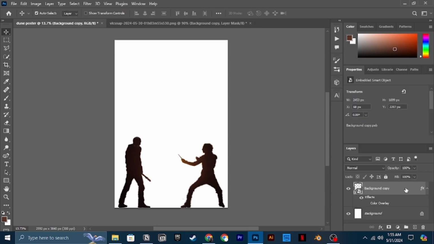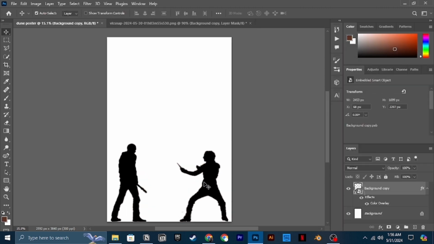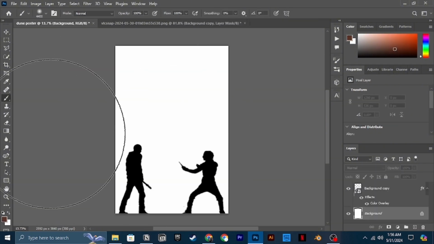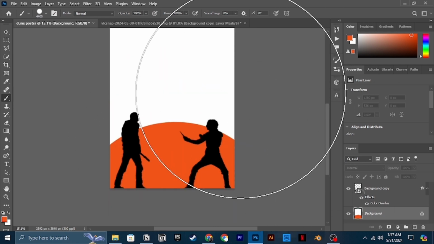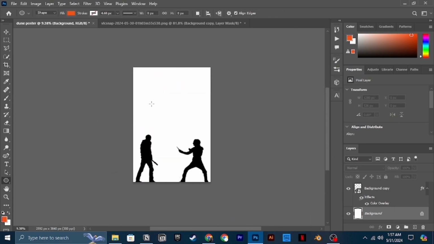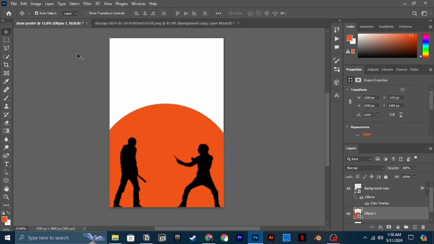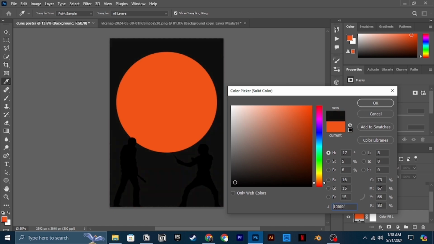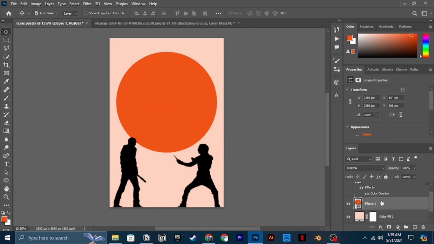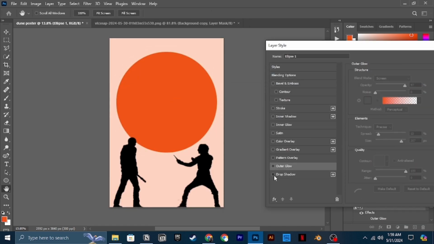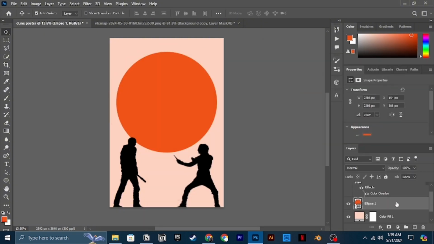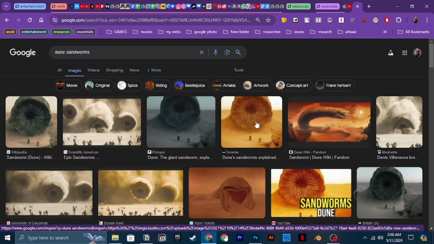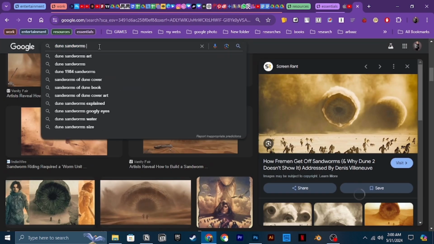But the problem was that this scene's cutout was not done well. The scene itself was already in very low light, very atmospheric in itself, so it didn't really work out as a cutout. So right now I'm just trying to add sun in the background because the heat and the extremely unforgiving atmosphere is something that is very prominent in the movie.